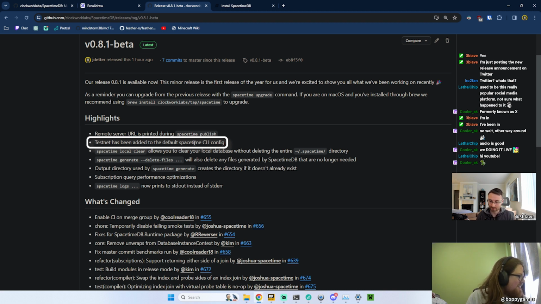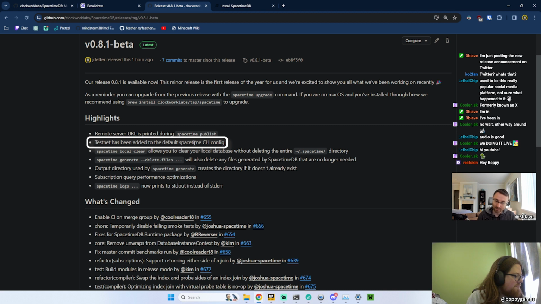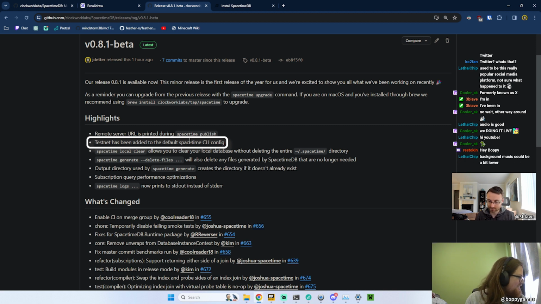So if you were running one on a particular port, we'd automatically connect you there. But there wasn't really a way for you to deploy to the cloud by default. And so users always had to go and find the documentation and find out how to add the testnet to their server list and then publish to the testnet. So now it just comes pre-built in your config, and you can just run spacetime publish -s testnet, and you're